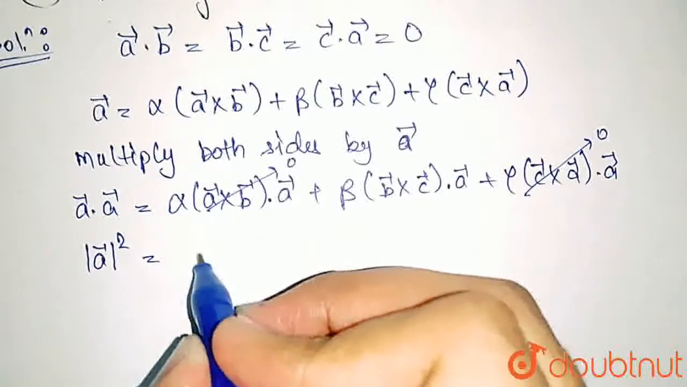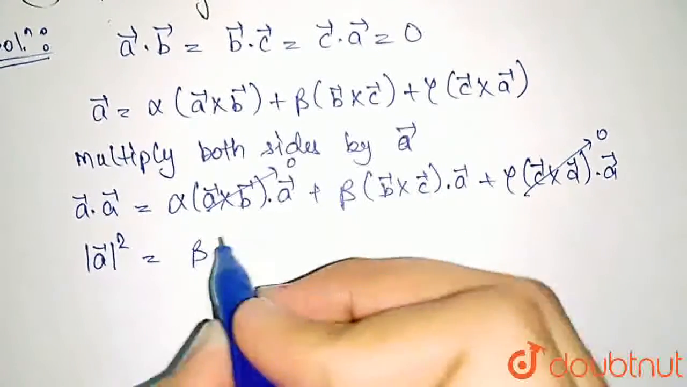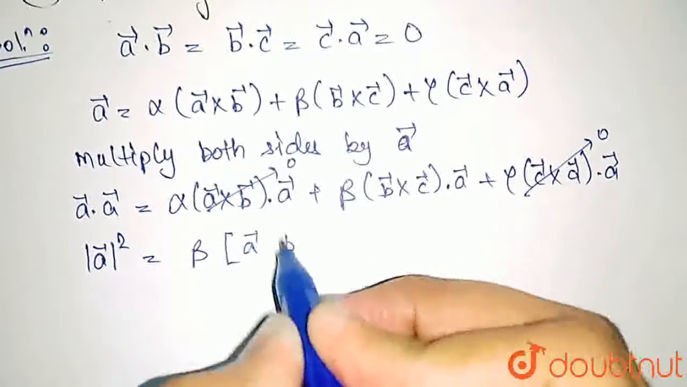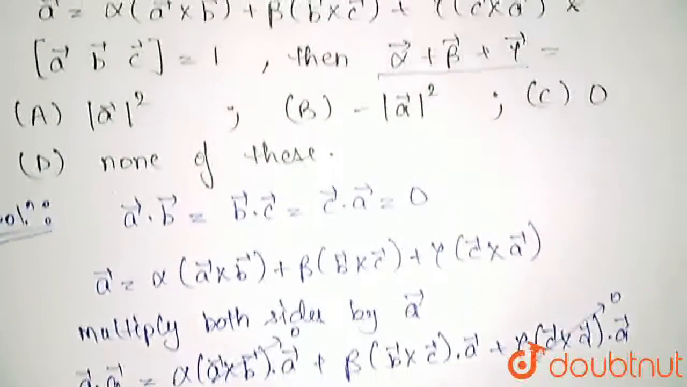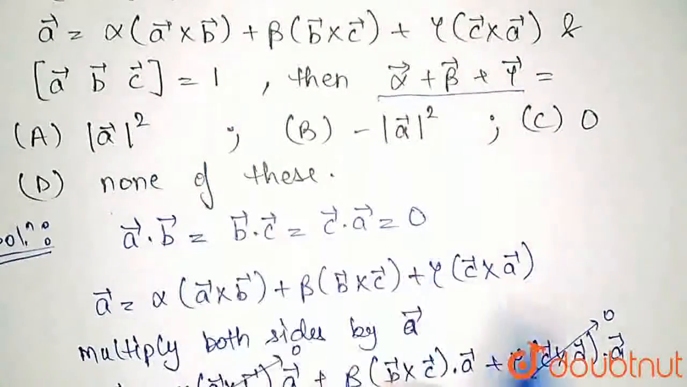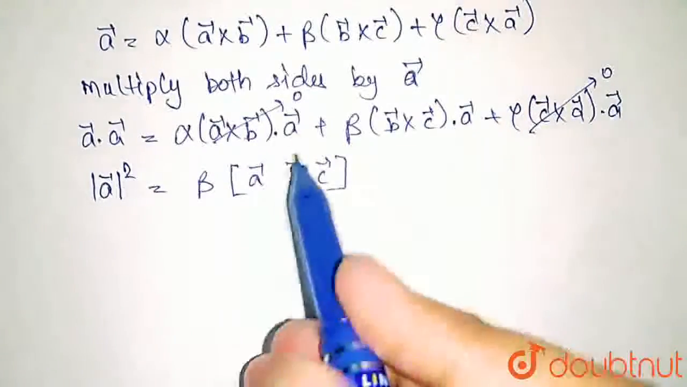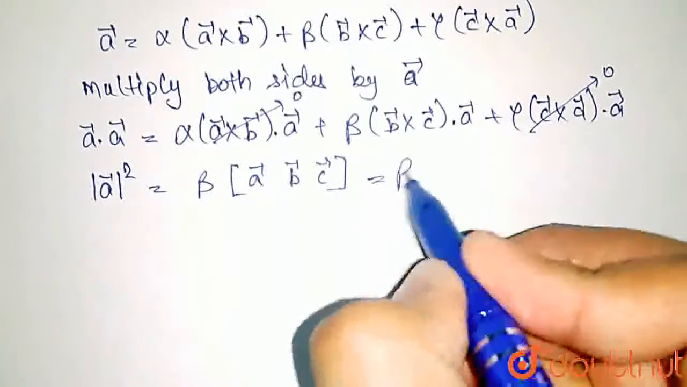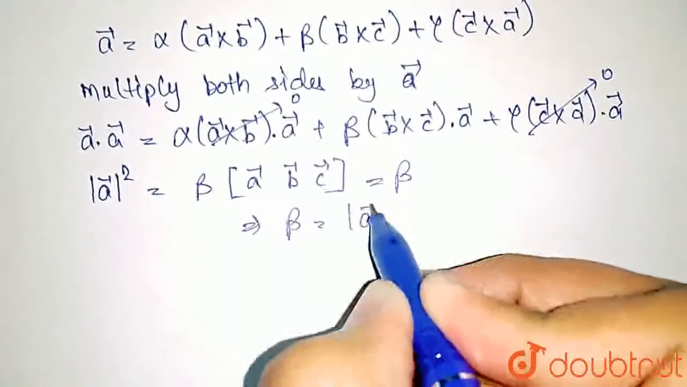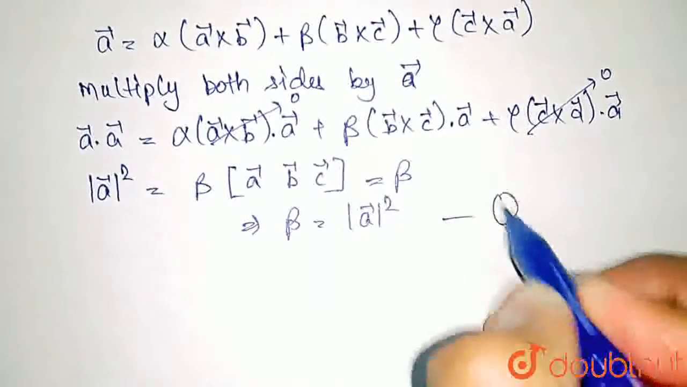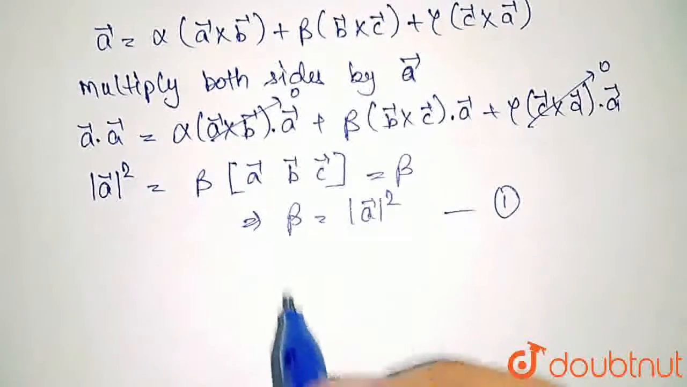So we are only left with beta, and A dot B cross C is scalar triple product of A, B and C. Now scalar triple product of A, B and C was given in the question. This is equal to 1. So here we finally get beta. This implies beta is equal to mod A square. This is the first equation. Now similarly,